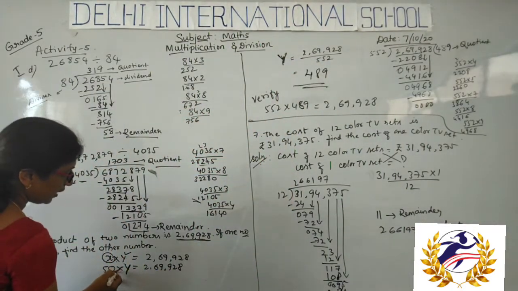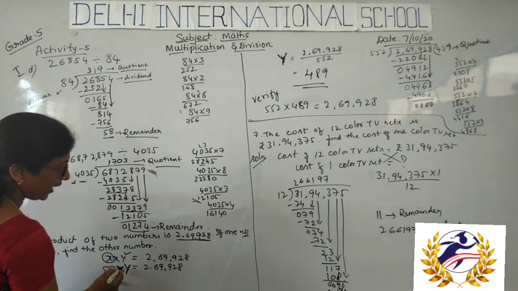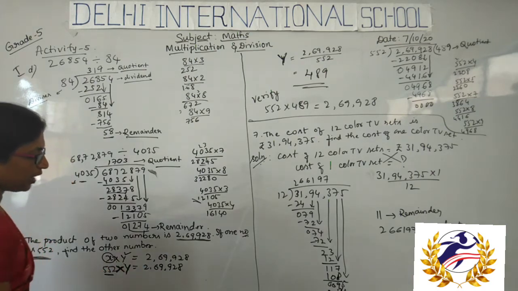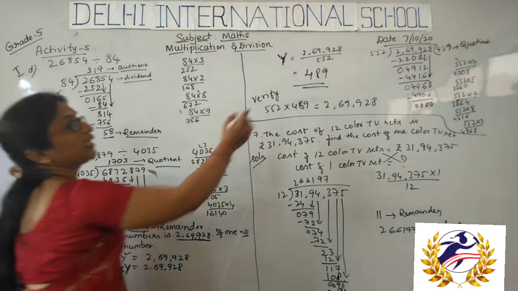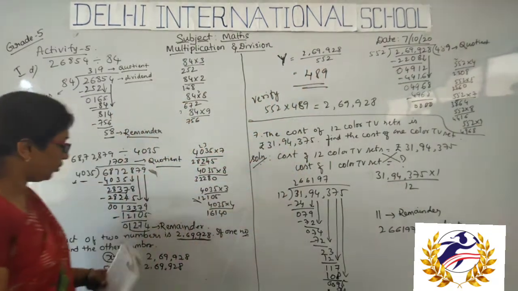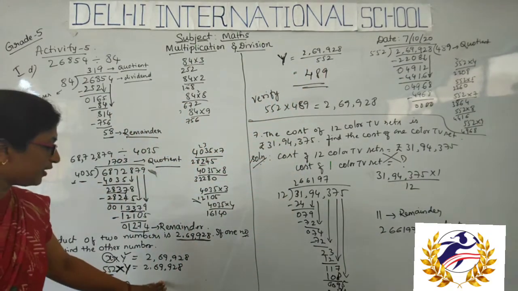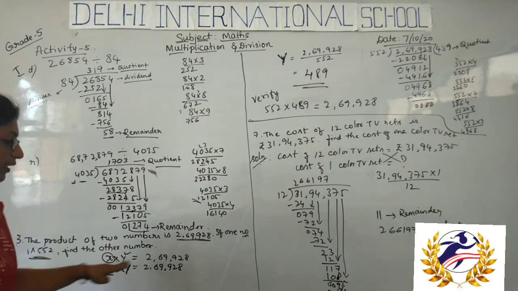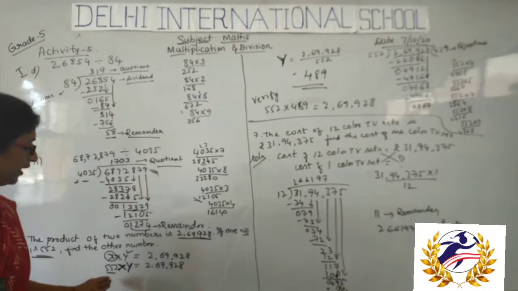2,69,928. So when the multiplication comes after the equals, it becomes division. Okay. So if it is multiplication here, it becomes division there. If it is division here, it becomes multiply there. If it is plus here,